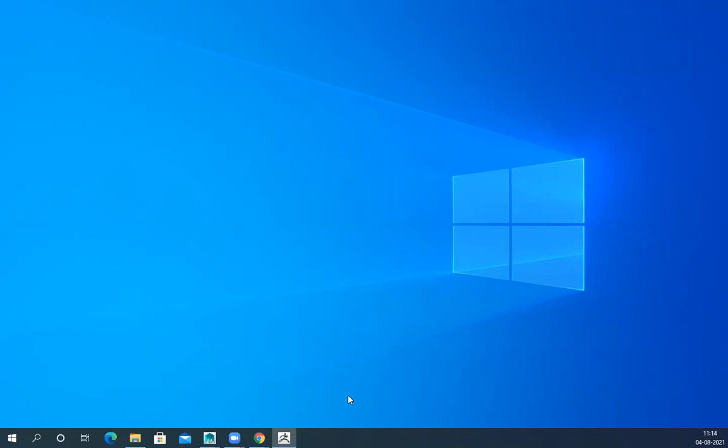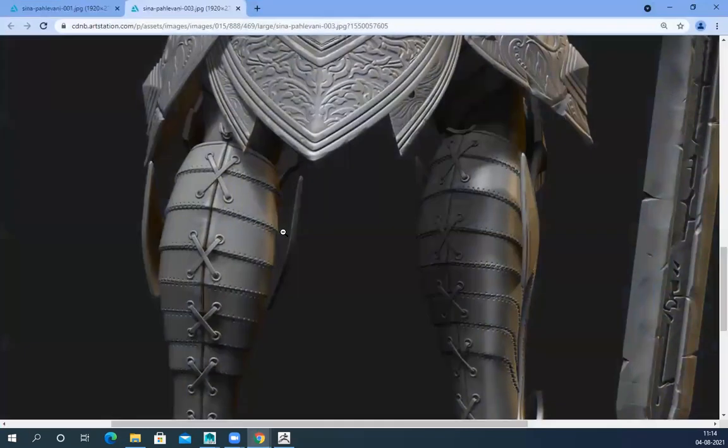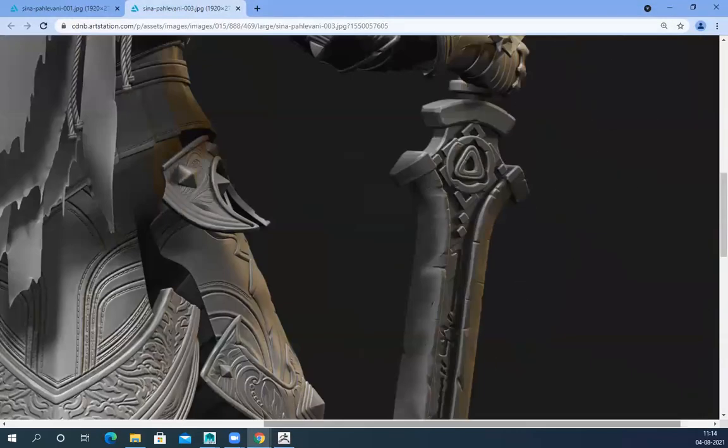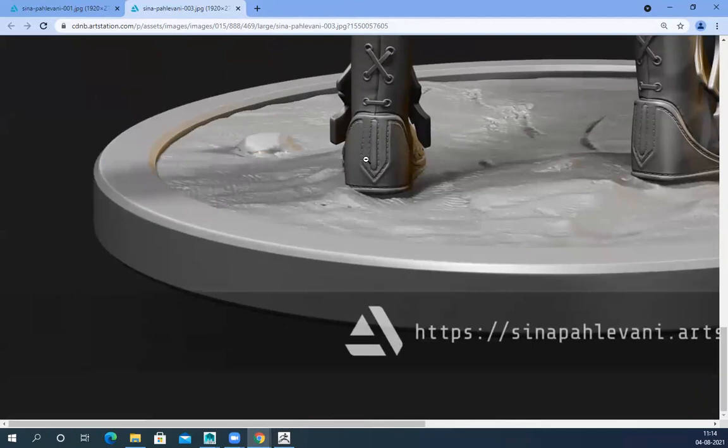Sir, like the plain stitches also and the boot stitches. The boot one we have to create separately. It's geometry basically. Okay, sir. This one or this one? Sir, the small one. Okay, that we can do very easily. And sir, there's one on the chest plate also. That is a little different. That we can do, something like this, right? Yes, this, sir. So it's very simple.